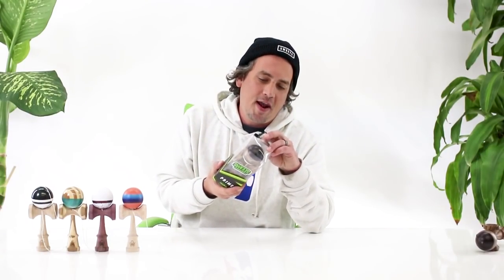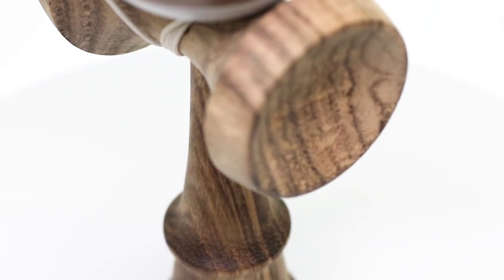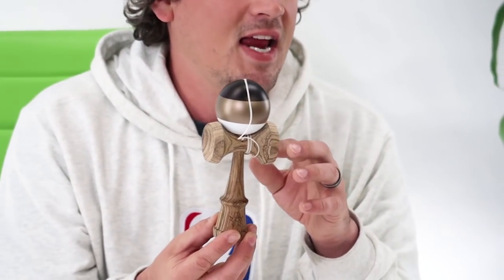Last but not least, a wood that is done by many people again, but not by Sweets, the Zebrano. Zebrano is one of the craziest looking woods in all of Kendama because they call it Zebrano obviously for how it looks, but it's got this tannish brown black feel and they're all a little bit different. Some are lighter, some are darker, and again the weight on this one is usually heavier, but I've weighed a few of these myself and the weight ranges. So you could get one that's really honed at 70, but you may get like an 80, 85 gram too,